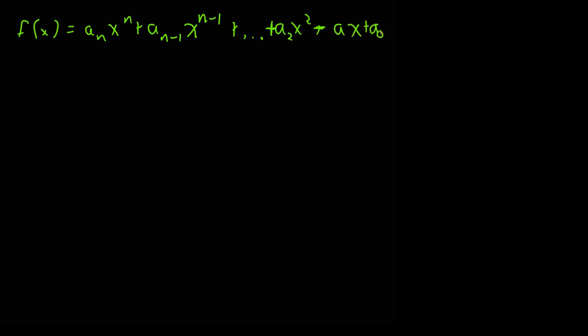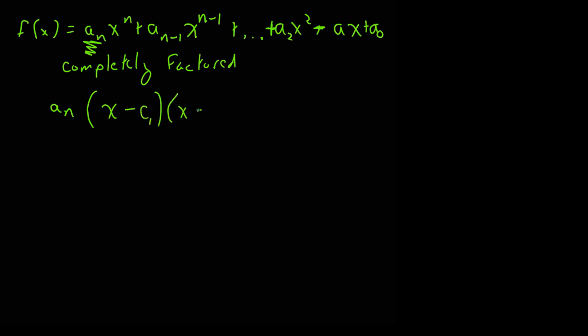It's okay, because I'm just writing our standard form of our polynomial again. And what we can do is we can talk about it being completely factored. We can get our polynomial to be completely factored so that a sub n is still going to hang out in the front. This leading coefficient does not go away. It hangs out in the front. And then we get a collection of things we multiply by. And notice we're going to have n of them. And so these two things we can transform into each other.